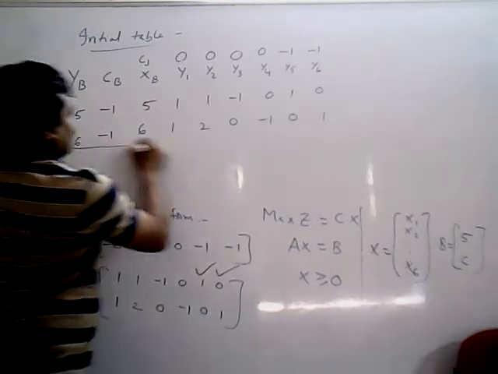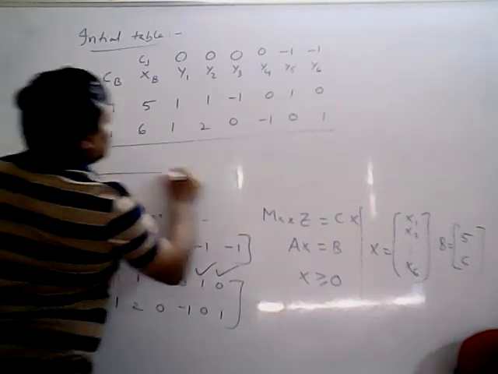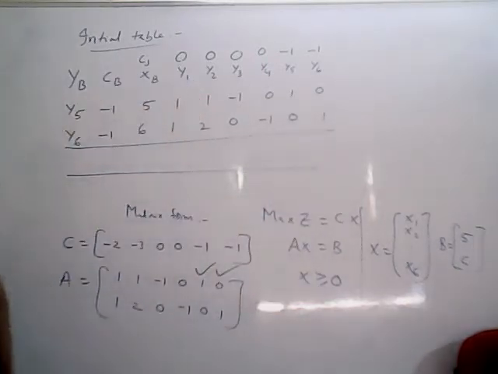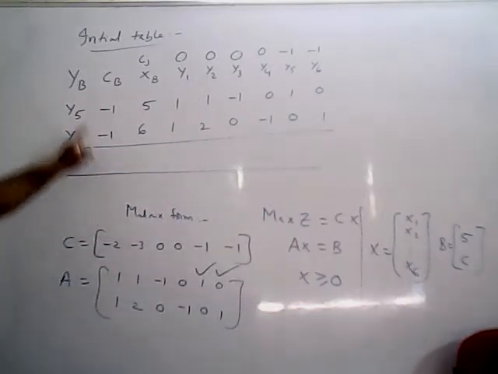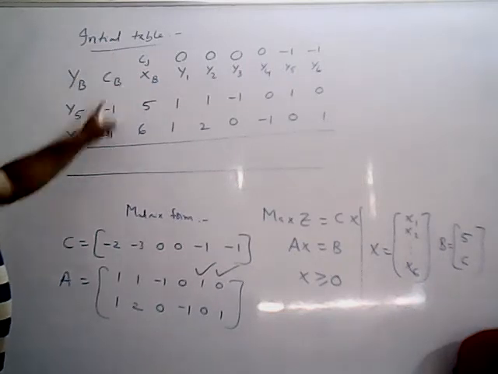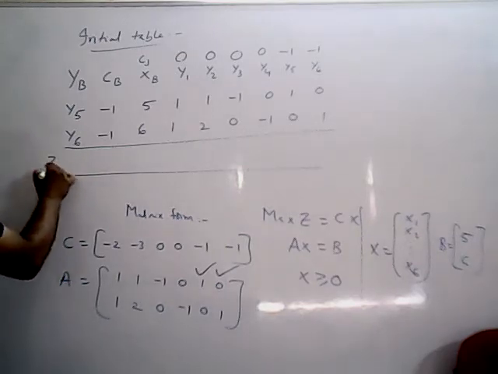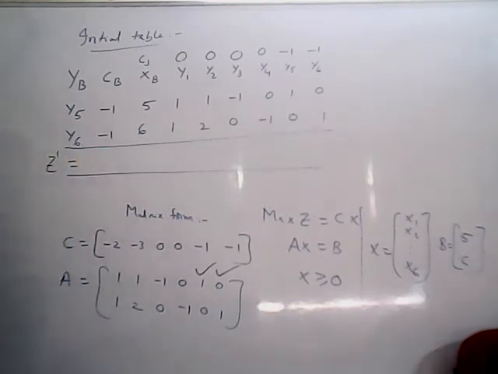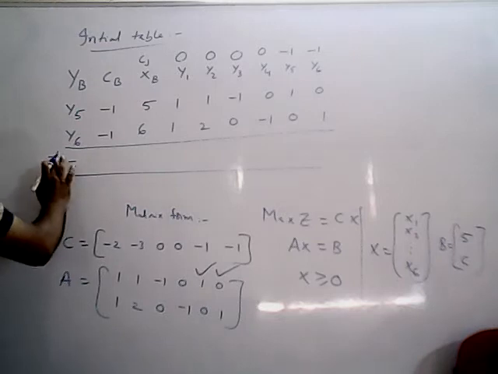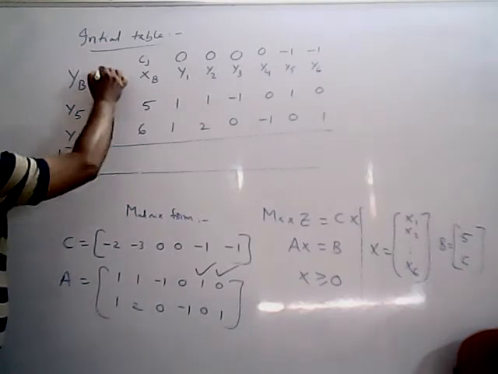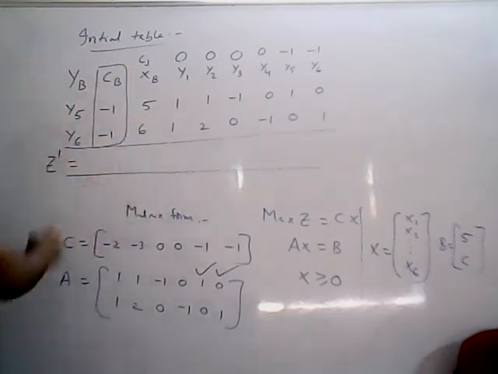Same concept. What you have to calculate? You have to calculate Z and Zj minus Cj. But what you have to calculate here? Now modified is denoted by maximum Z dash. So Z dash value we get. You will not get Z star value. So you have written phase 1, what is it? Maximum Z dash. That's why you get Z dash value. Okay, CB is fixed. But formula will be same for Z.